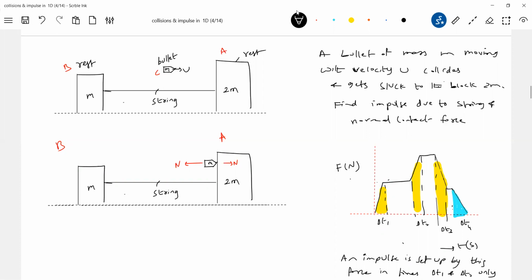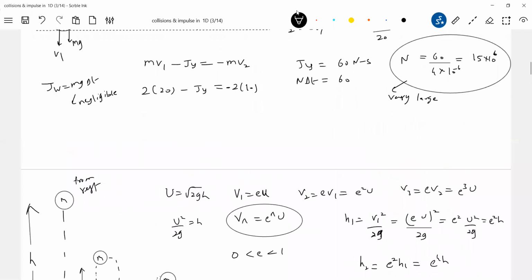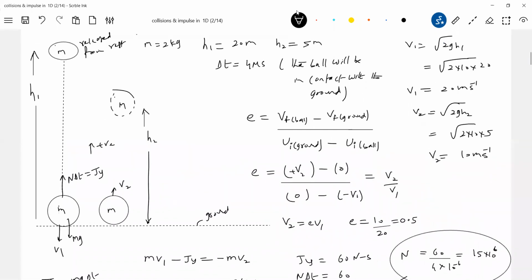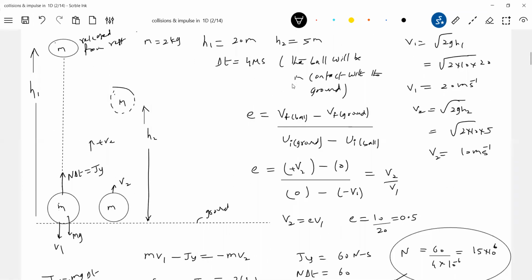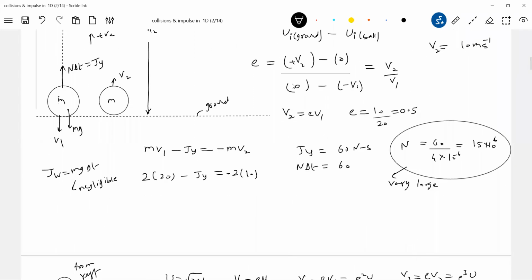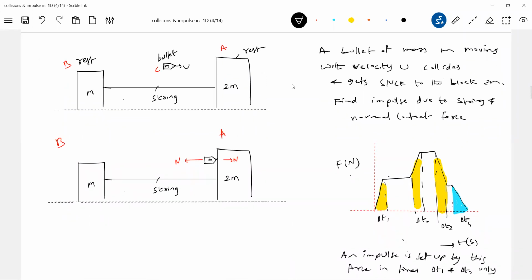For what time will the bullet collide with the block? For a few microseconds. Like here you see a ball. For what time will the ball collide with the ground? A few microseconds. I think it's very natural. You throw a ball against the ground or a wall. Will the ball be in contact with the ground or wall for 1 hour or 2 hours, or 1 minute, 1 second? No, few microseconds it will be in contact. Therefore the collision usually occurs with a contact time of a few microseconds or nanoseconds. So during that time, the normal